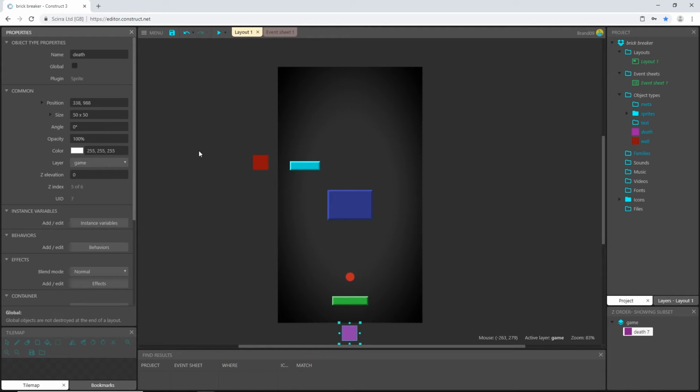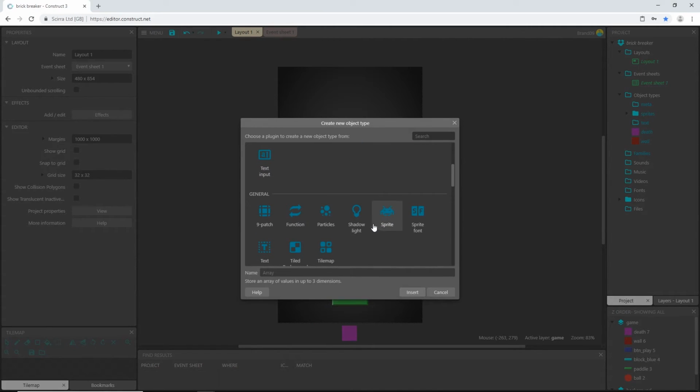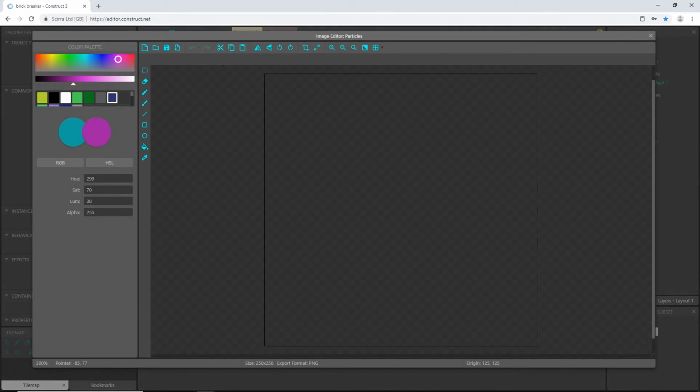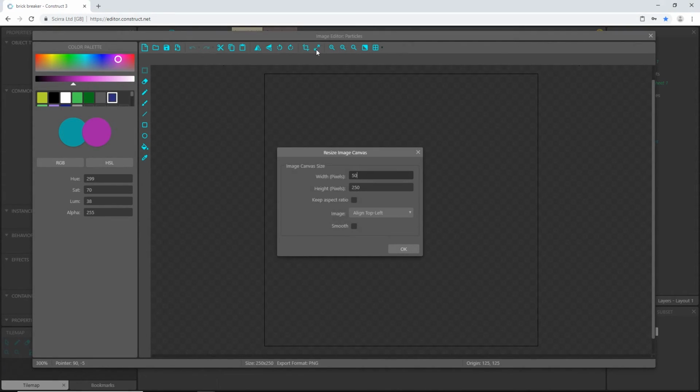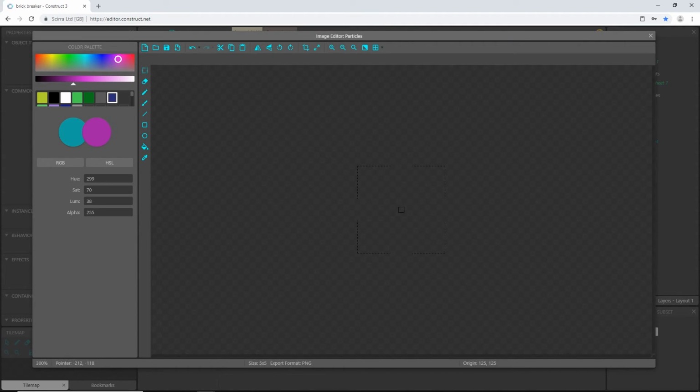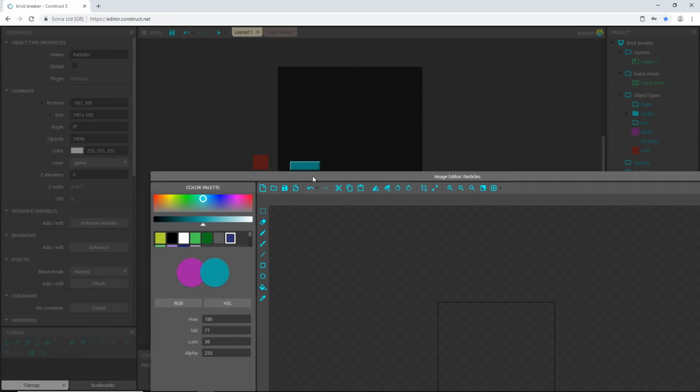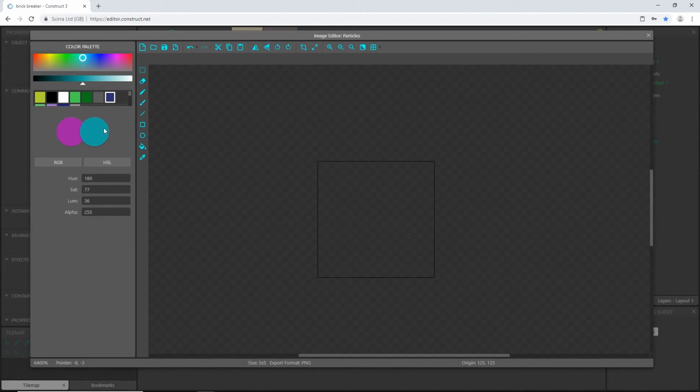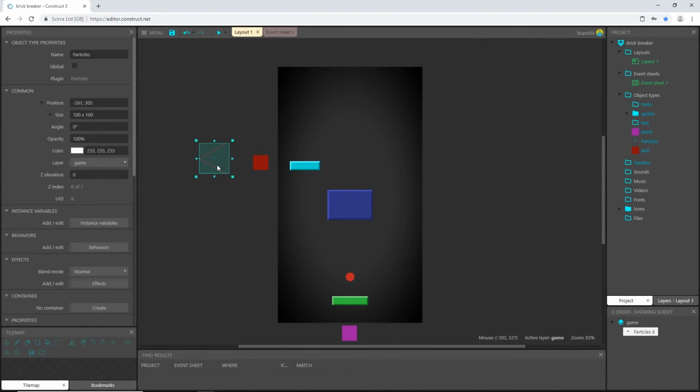And let's see. I think we have one more to go. But this time, instead of sprite, let's pick particles. And click anywhere. Let's change this to 5 by 5. Pretty small, 5 by 5. I'm going to pick this blue color that I have up here. This is something really close to the blue brick that you created earlier if yours was blue. Let's take that same color, or very close to it, as close as you can get. Let's pick the pencil tool, and I'm going to just make a little pattern here, like that. That is it. All right. This is the only particle that I'm going to make in this game, so I'm just going to leave it